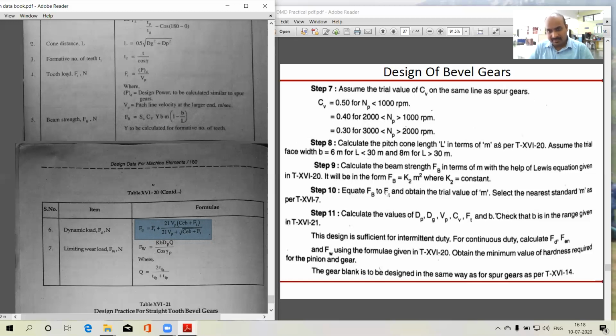Hope you understand it. The problems discussed in the theory classes and the university problems, you can take as an assignment or as a practical and try to solve it. If you find any difficulty while solving this particular problem, you can ask me anytime in college or on phone also. And you can ask me the difficulties in theory lectures also.